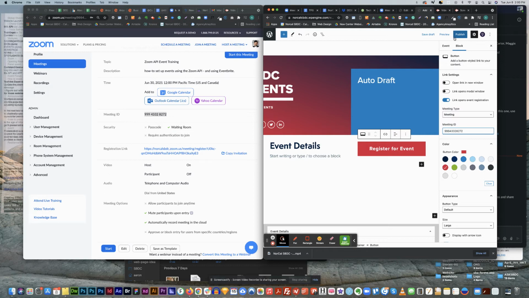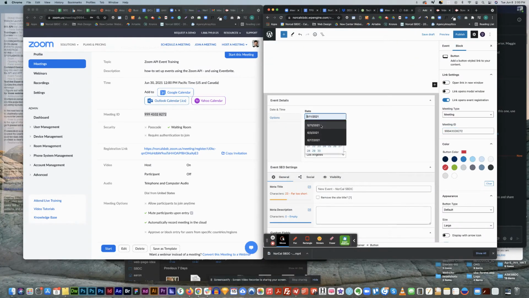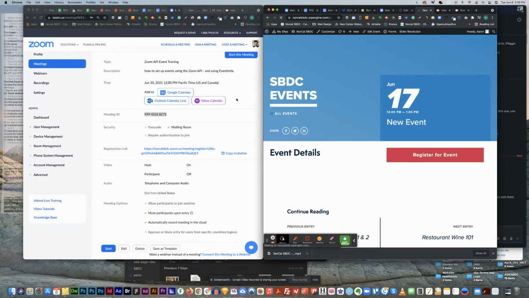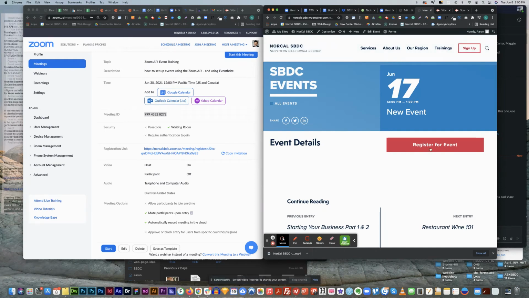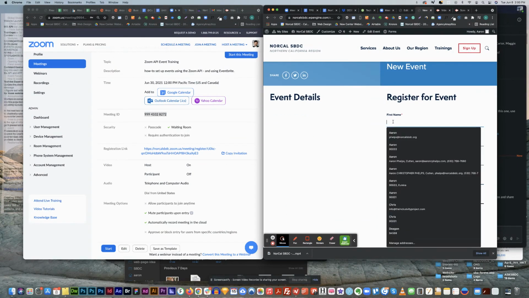So I'm gonna click publish. Actually, let's go ahead and give this a date. Okay, let's make that 6/17 and publish. Okay, so I'll view this event and I'm gonna show how this works. It looks like just a button, but since I said this was a Zoom event, if I click this, it pulls the registration form out. So I'm going to go ahead and fill this out with some